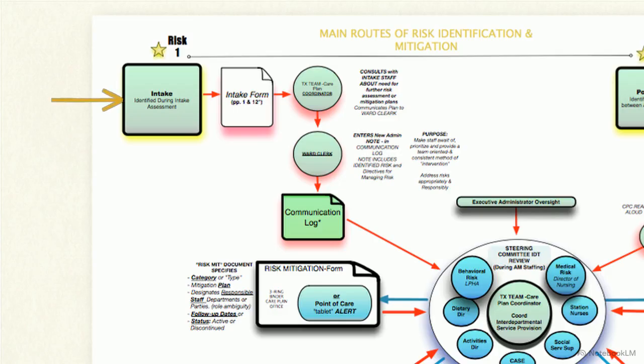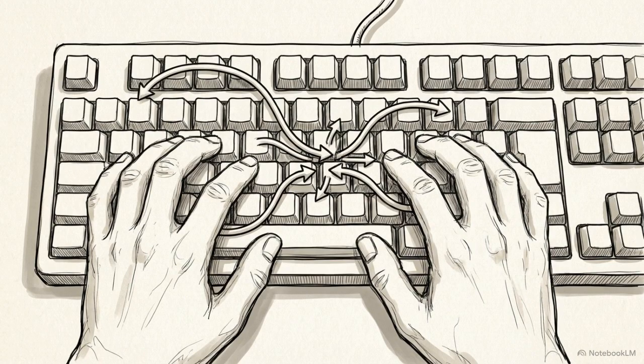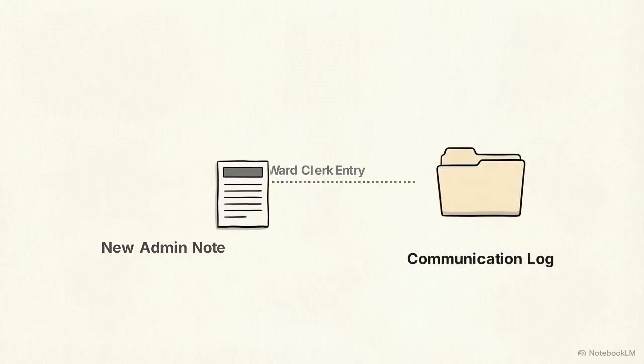Looking at the top left, Risk 1 occurs in a controlled environment, the initial intake assessment. Here, data flows linearly. The intake form establishes a chain of command, prompting the care plan coordinator to formulate a mitigation plan, routing it directly to the ward clerk. The ward clerk acts as a data entry bottleneck. Their function is to officially enter a new admin note into the central communication log, locking the intake plan into